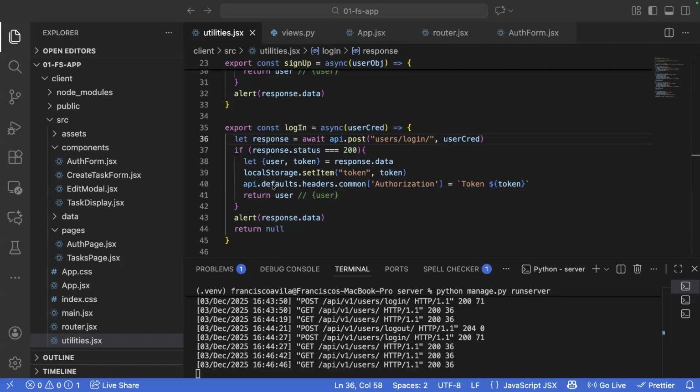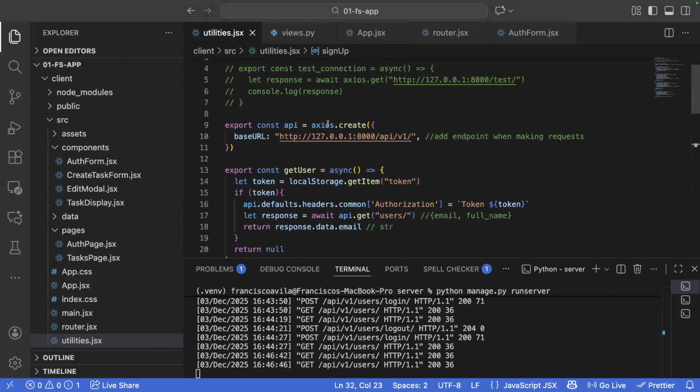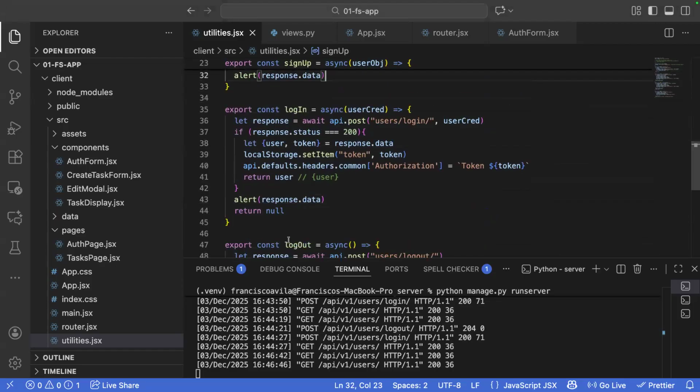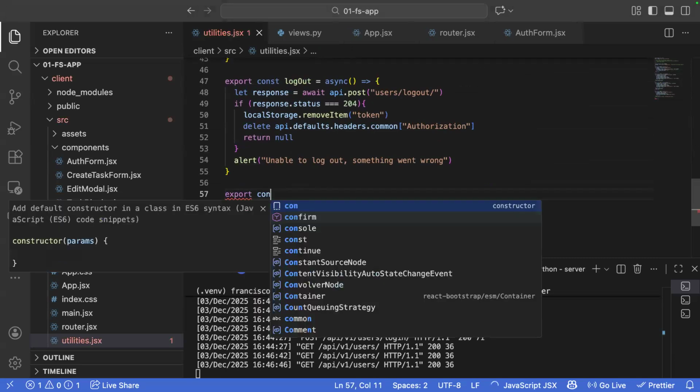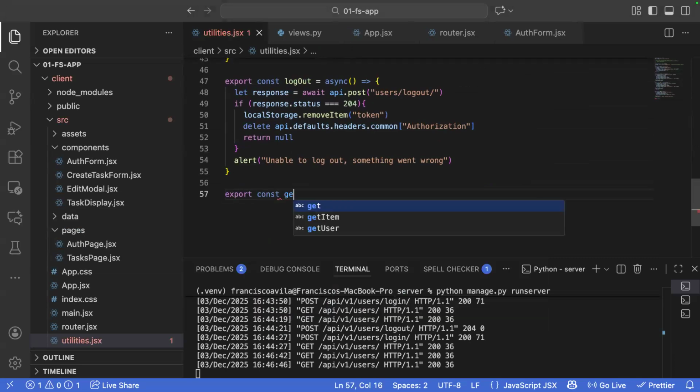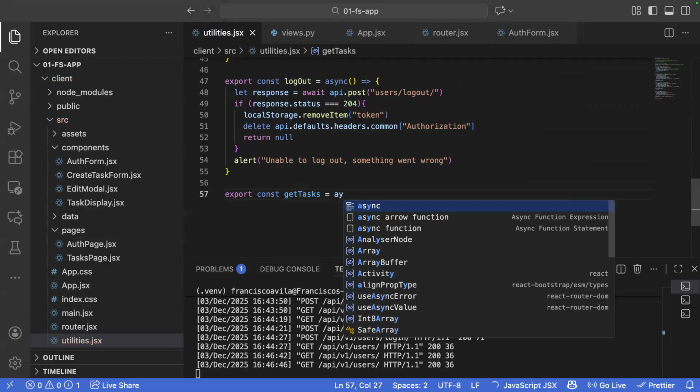Okay, perfect. It doesn't look like we have any questions. So now we're finally to the easy part, which is just actually conducting CRUD operations throughout the entire application. For example, we want to get all of our tasks. We want to export const getTasks, which is going to be an asynchronous function